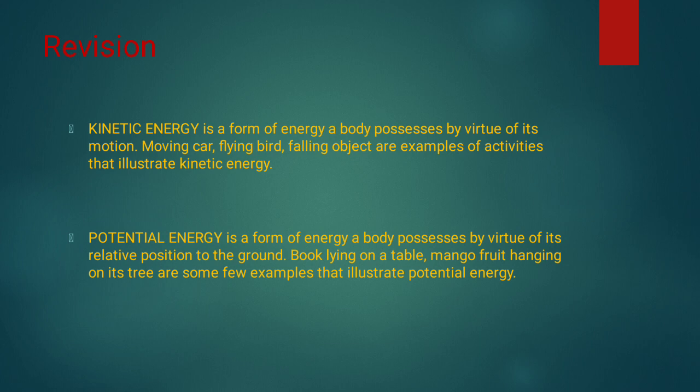A car moving, a bird flying, an object falling are examples of activities that illustrate kinetic energy. We define potential energy as a form of energy a body possesses by virtue of its relative position to the ground. A book lying on a table, a mango fruit hanging on its tree are some examples that illustrate